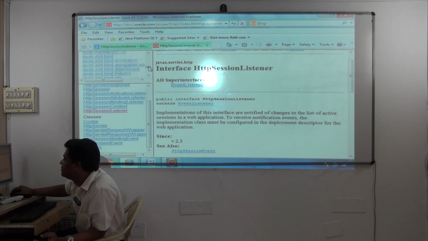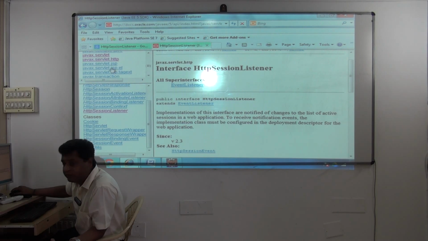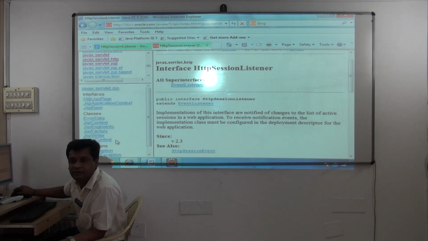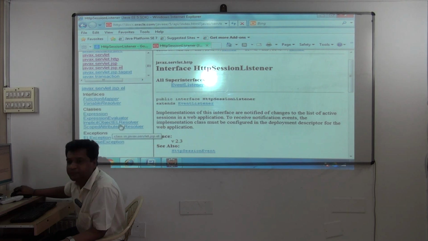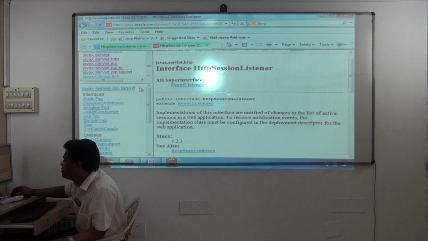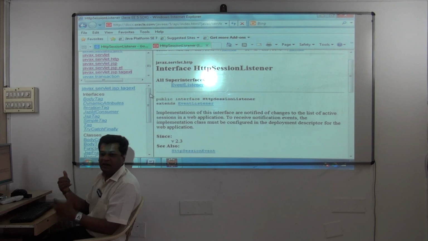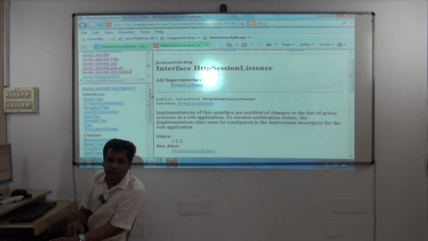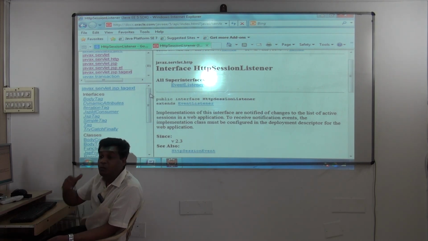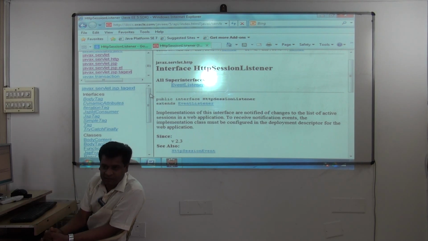Similarly, javax.servlet.jsp. How many packages are covered? Notice. Now we'll come to know why we spend so much time on Servlet and JSP. The JSP package, there also I covered custom tags and all that. Then EL, here also I covered. So many things. Then tag extension like this. These are all the classes and interfaces which you'll be using. But I am covering the most important ones, which a developer should know mandatorily. Others you will slowly learn with experience.